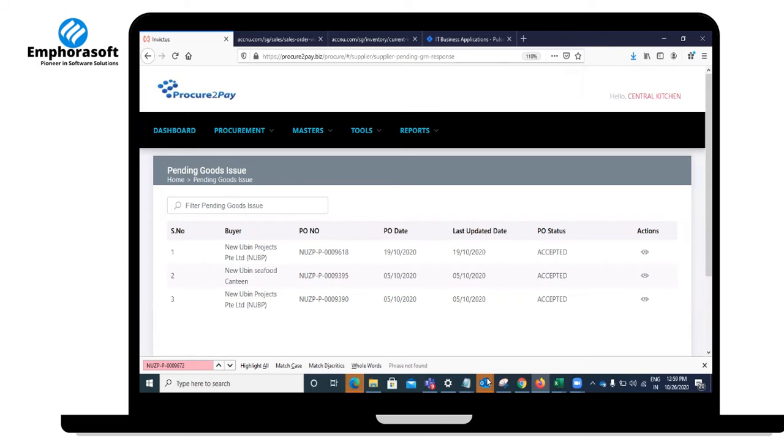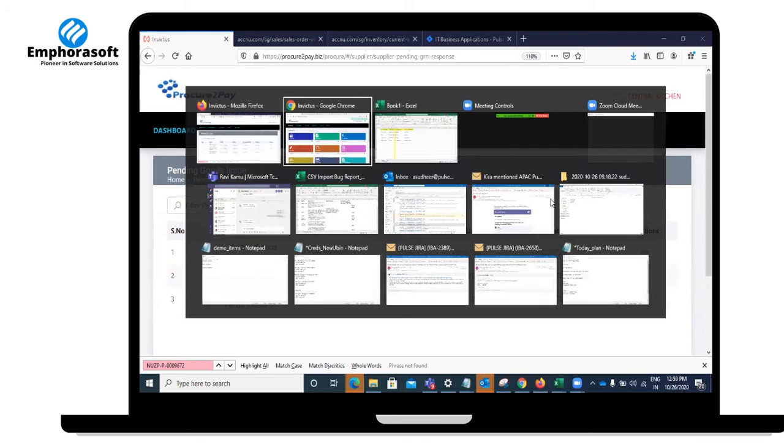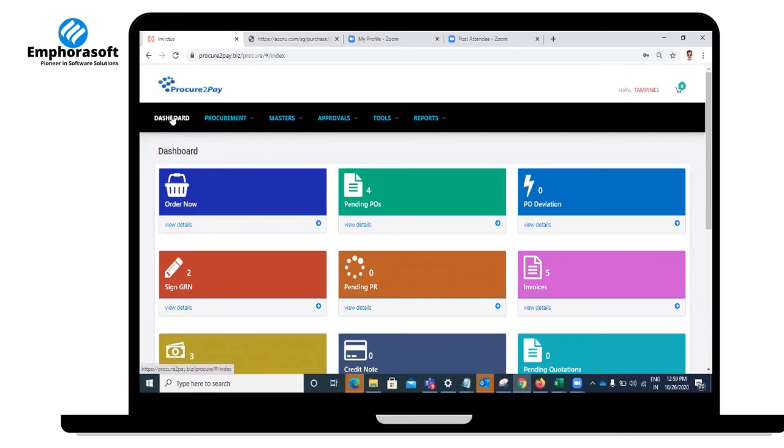Right. So now the delivery also happened. The next thing is the product has been delivered, right? So the buyer side, the buyer should be in a position to see his order. He should be able to receive the product, right? For that, the respective purchase order should be created.